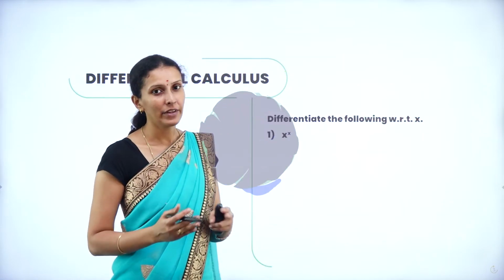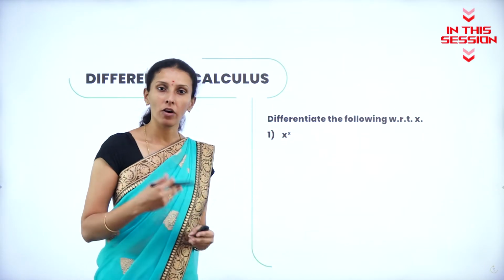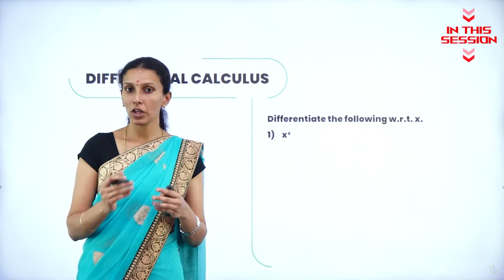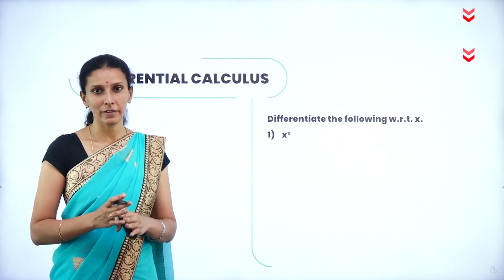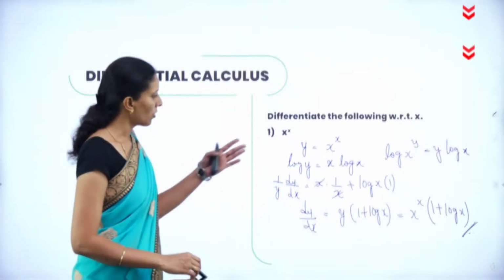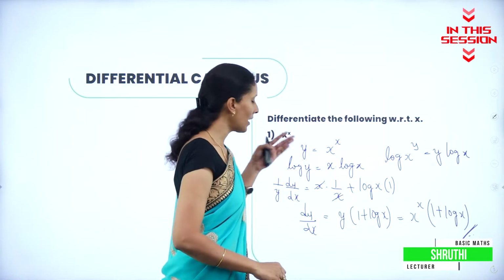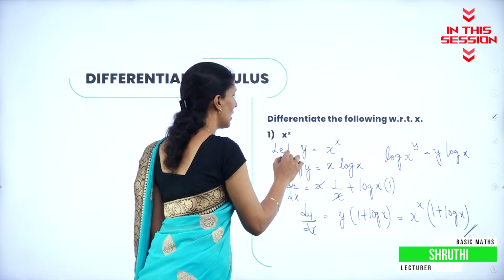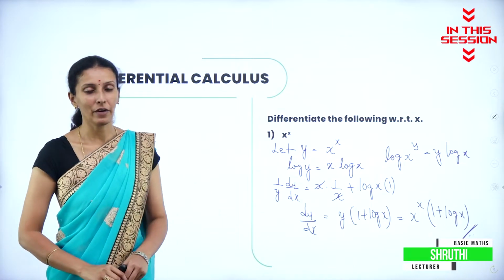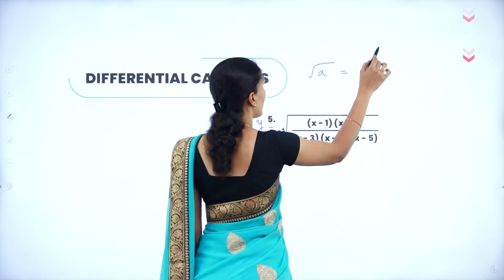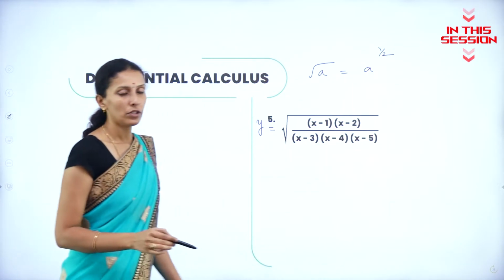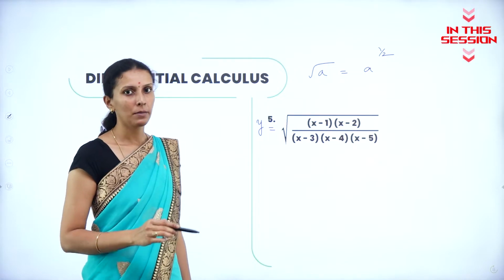We can differentiate e power x, power e, or anything in the form of exponential with a constant. But we have a variable x with the power again being the variable x. So you can replace the value of y because you have considered let y is equal to x power x. We know that root a is nothing but a to the power half. So for a square root in an index form it is nothing but power half.